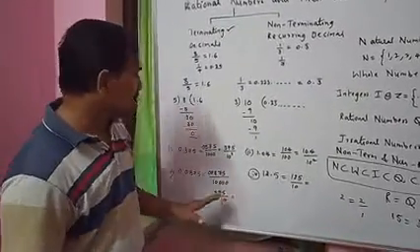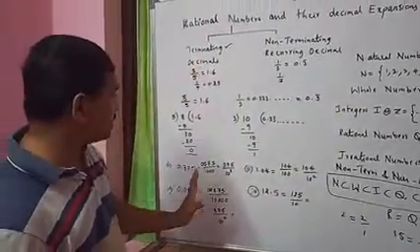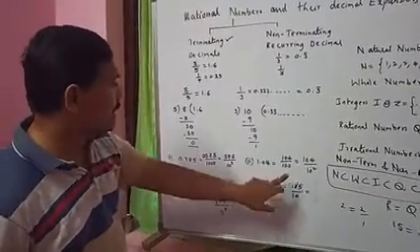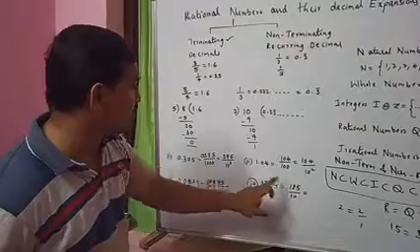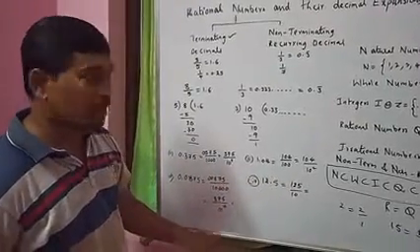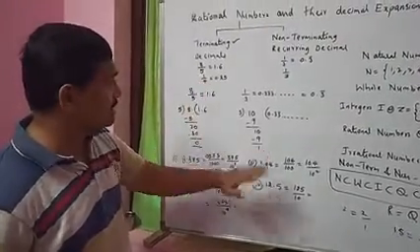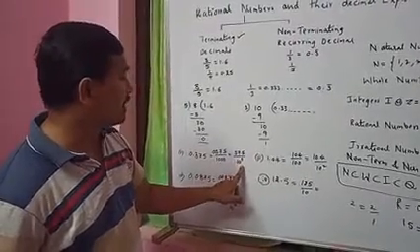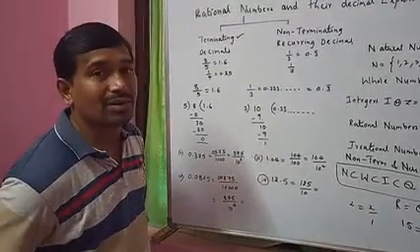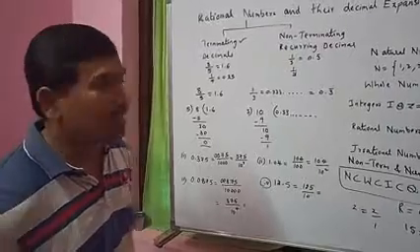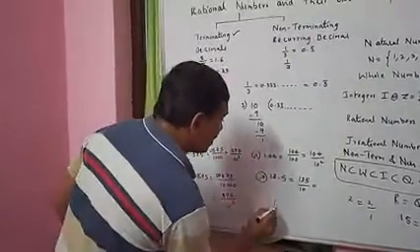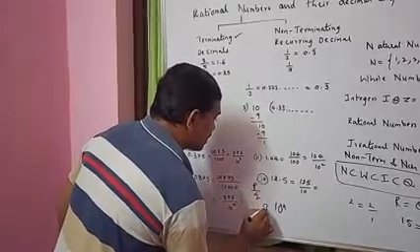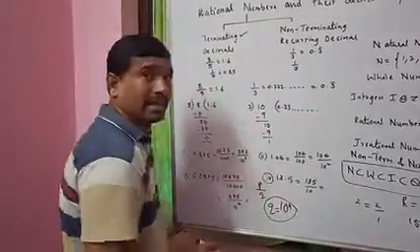Now if you see, if we convert the terminating decimals into P by Q form, see all the denominators here: 10, 10 square, 10 power 3, 10 power 4. So if you convert terminating decimals into P by Q form, the denominator Q has powers of 10. The denominator is in the form of 10 power n. So P by Q, where Q equals 10 power n.